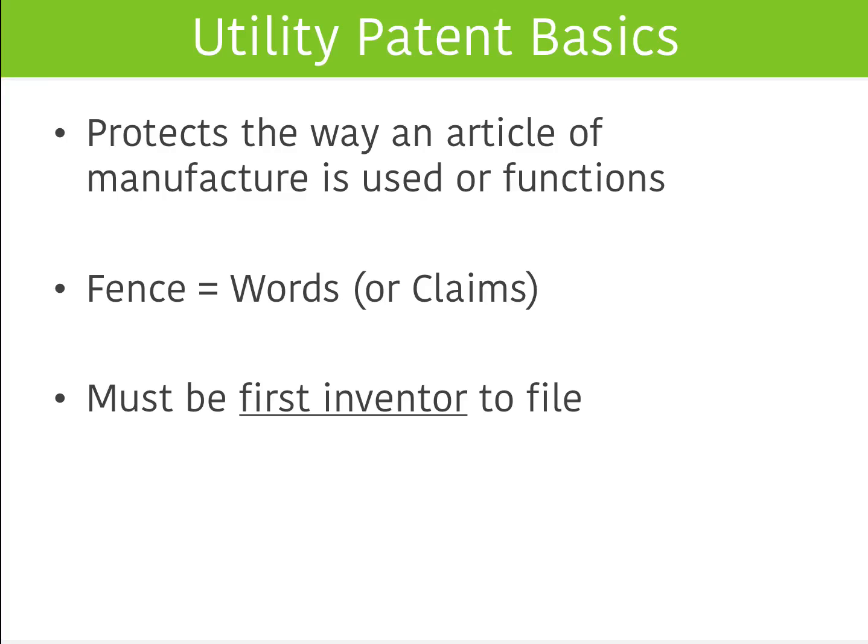And this is one of the things that we do at Aurora for our clients. And in the US and most of the world now, you must be the first inventor to file. The rest of the world is a first to file system. In the US, it's a first inventor to file. So you still must have invented it, but you also must get your invention on file with the Patent Office